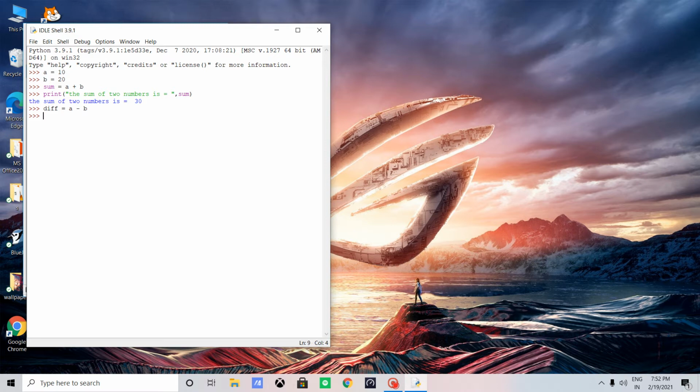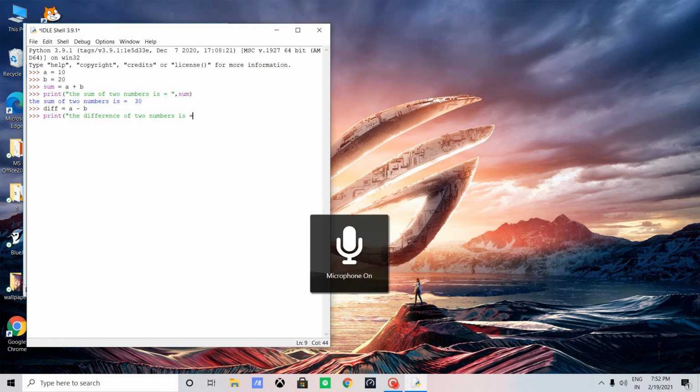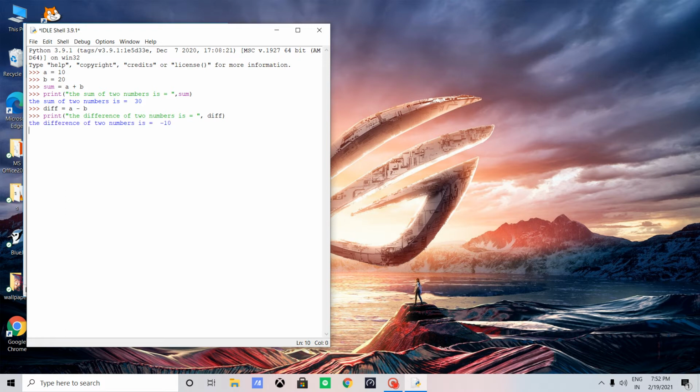After this we need to print the difference of two numbers, so we write print, in brackets, in double inverted commas, the difference of two numbers is equal to, and then close the double inverted commas, and then we write the variable diff, and then close it. And now what we see, the difference of two numbers is minus 10.